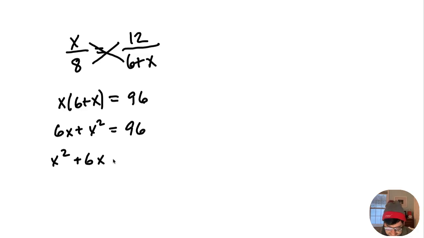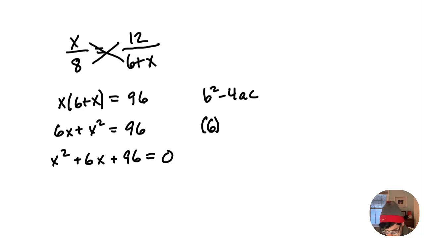X squared plus 6x plus 96 equals 0. Now, before I try and factor, I like to think of the discriminant. This helps me figure out and get some bearings. Like, is there going to be a rational solution to this thing? So it's going to be b squared, which is actually 6 squared. That's the b value, right? The coefficient of x, minus 4 times 1 times 96. So that's 36